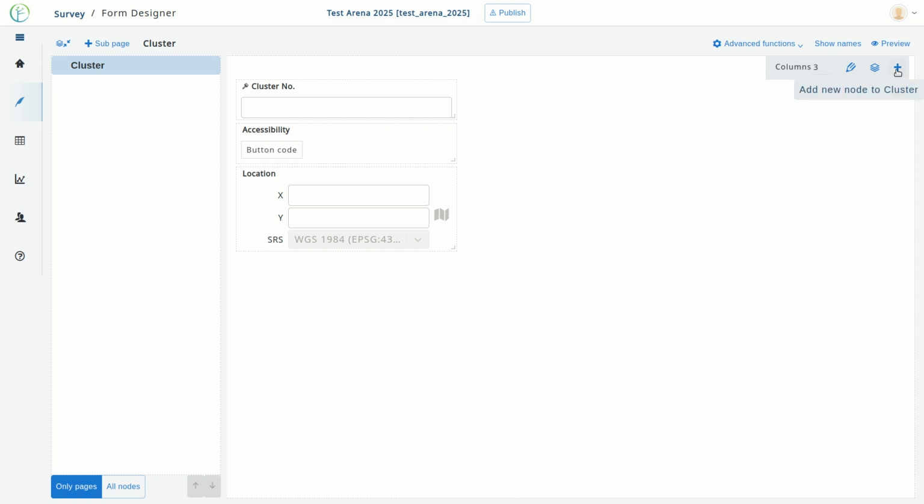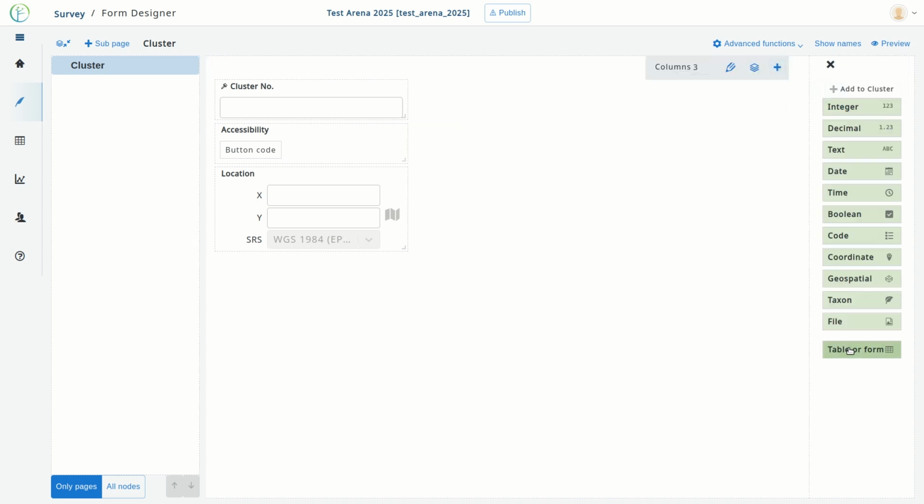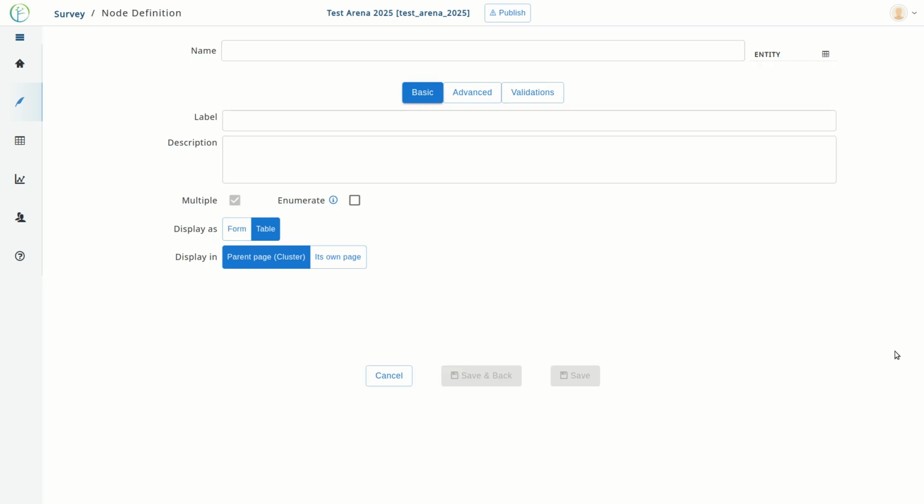So if you want to create a table, you have to go here to the plus button on top and select the last option, that is table or form. Now I want to create a table for the cluster time study that will record the date and time when the user started to access this cluster. So for example, when the user started one day at a certain time, finished at another time, and then he continued to work on the same cluster the day after,